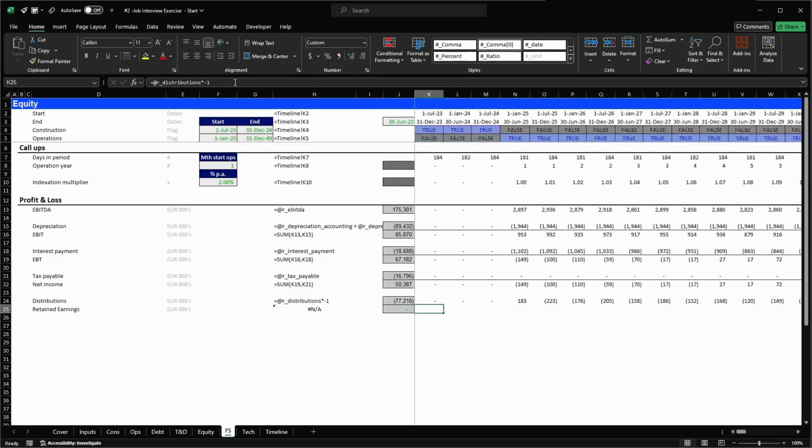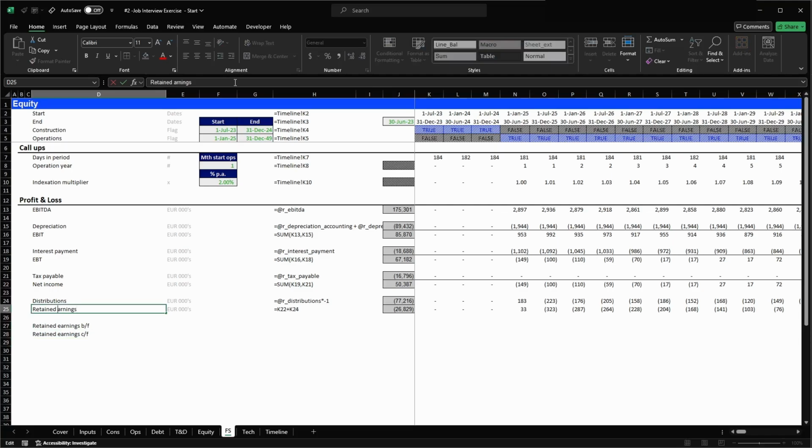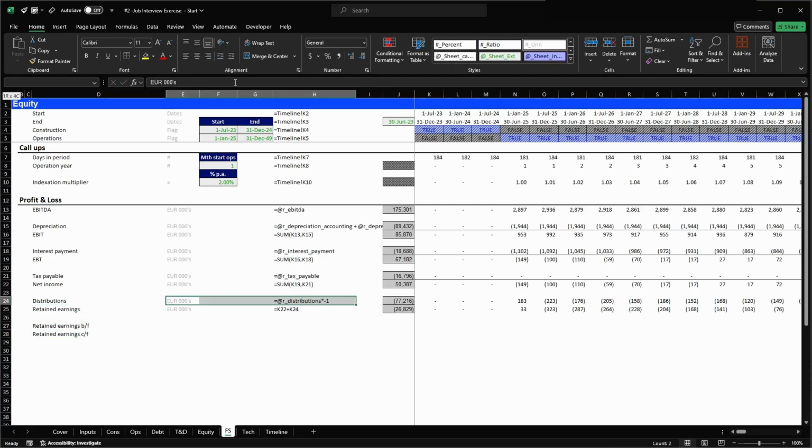And what we're going to have as retained earnings is going to be the sum of the net income plus the distributions. I'm going to copy and paste. And here we go. This is our retained earnings, right? So what we have to do now is just create an account. I'm going to just speed it up. So it's going to be retained earnings brought forward, and Ctrl D, and here it's going to be the carried forward. I just want to rename this as earnings, and we can copy the structure,